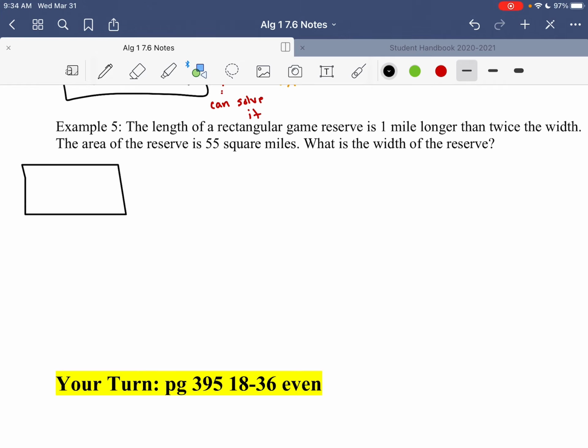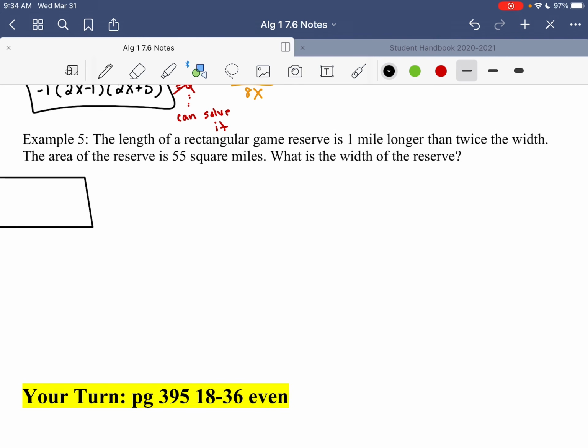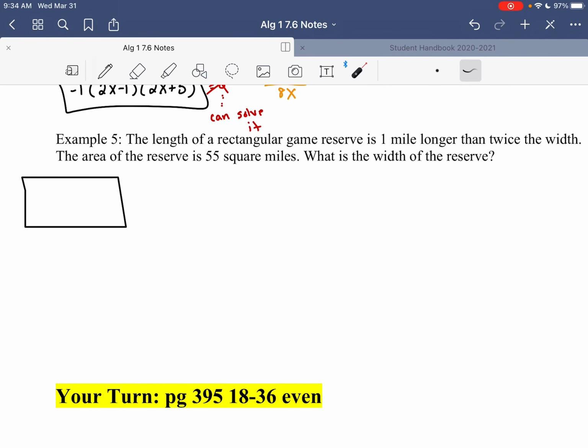Close. The length of a rectangular game reserve is 1 mile longer than twice the width. We don't know the width, but here we know the length, which tends to be the longer side. In a rectangle, it doesn't really matter. But the length